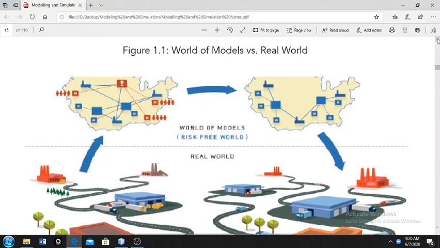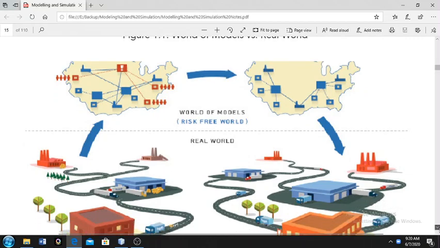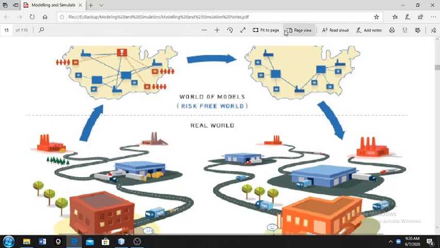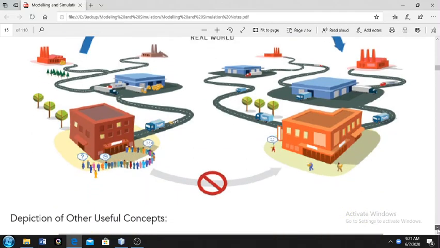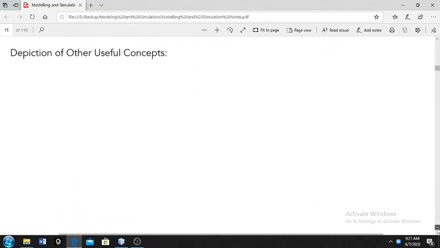What is up here are the models, and down is the reality. So this one simplifies. It just gives the details you want to know. It does not go into detail. So it is why models sometimes or most of the time are more useful than